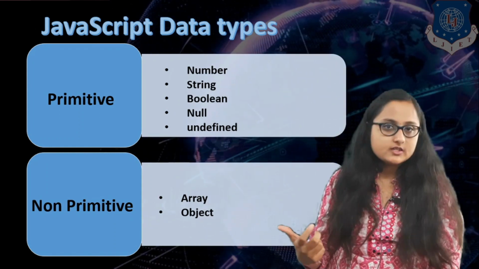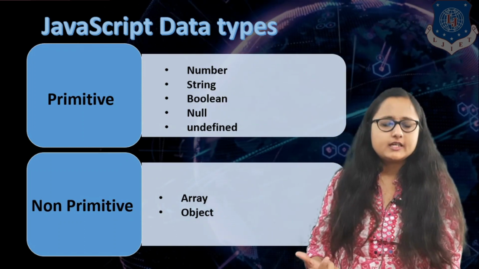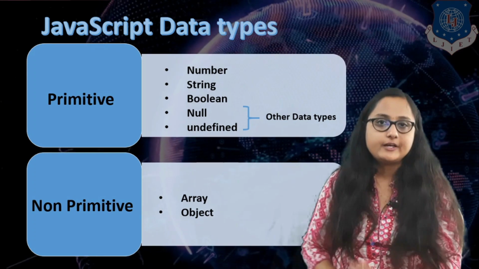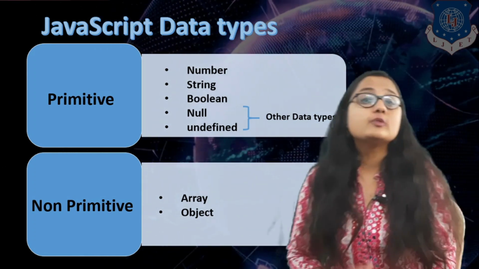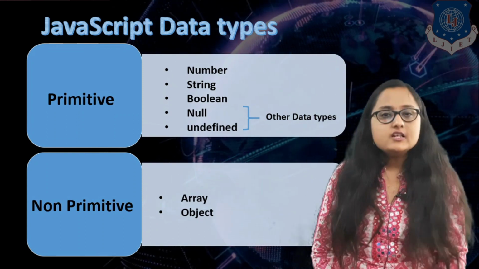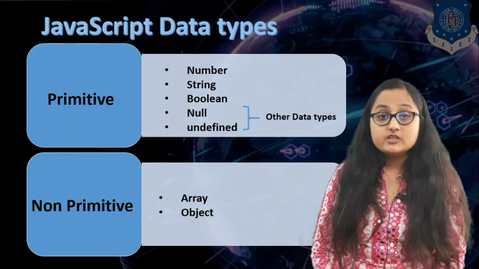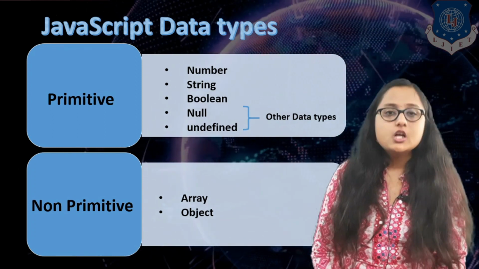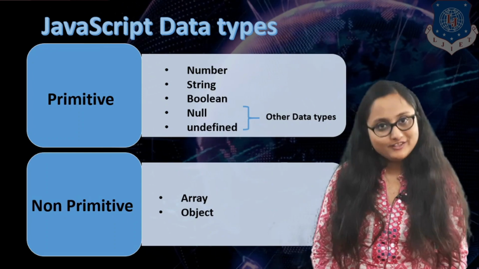You are aware about what is string data type, you are aware about boolean data type, you may not be aware about these two data types, that is null and undefined. They are special, or you can say other data types which are supported by JavaScript. We will study a program in which we will study these data types in detail. Let us see one program of JavaScript along with the data types.